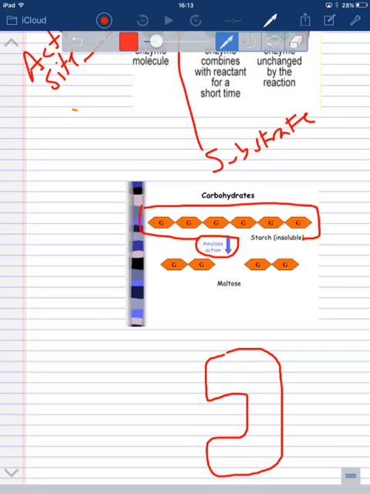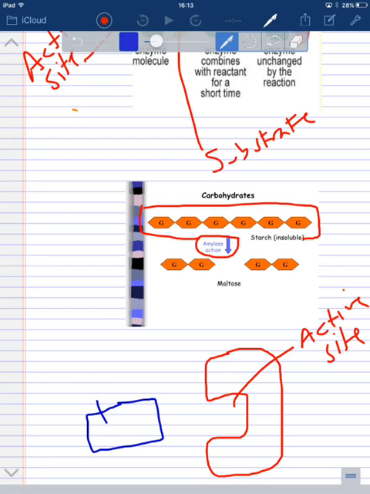It's going to have a very, very specific active site for its substrate, which is going to be starch. And this starch is going to fit specifically into the amylase active site, and the amylase is going to